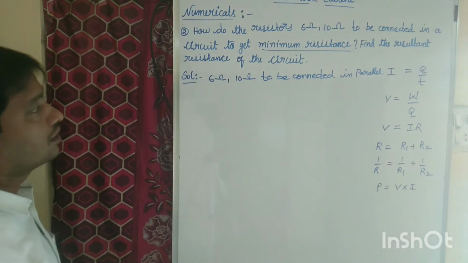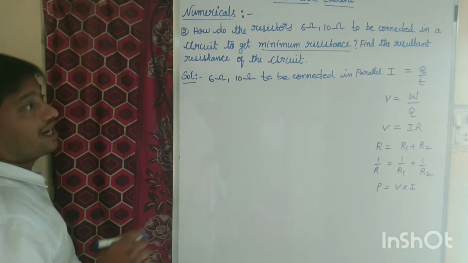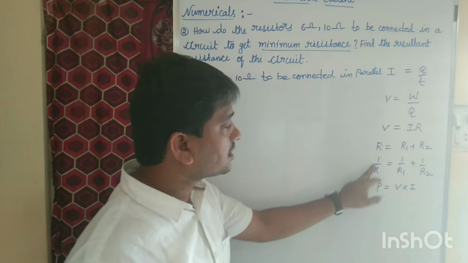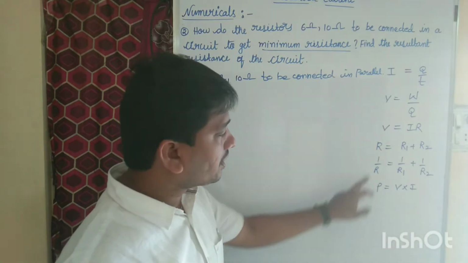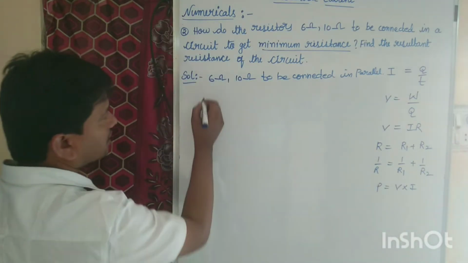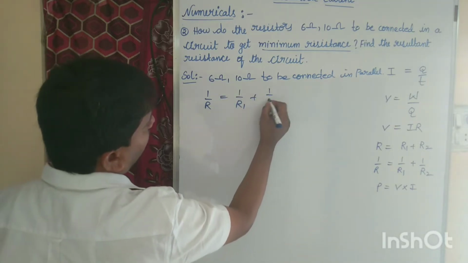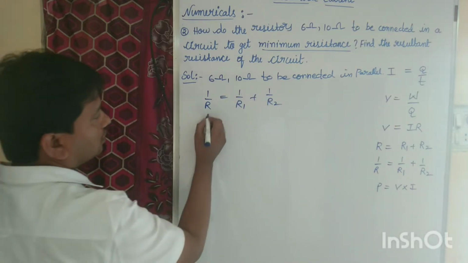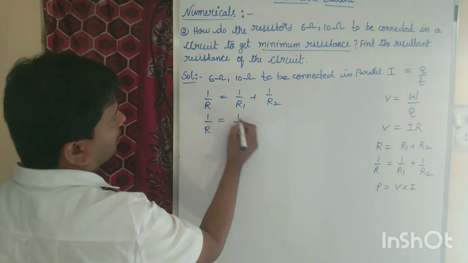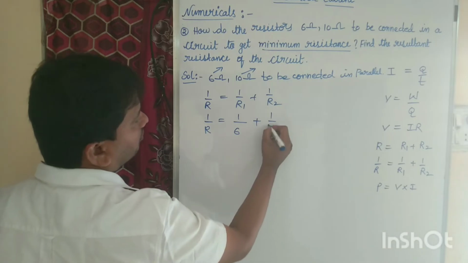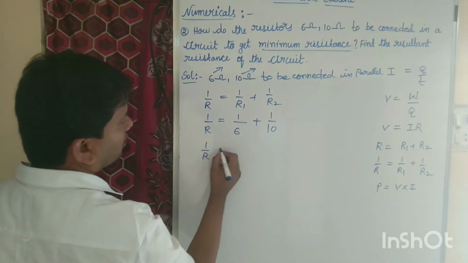Right? Now also they are asking to find the resultant resistance of the circuit. When we connect the resistors in parallel, what is the effective resistance formula? As effective resistance, 1 by R is equal to 1 by R1 plus 1 by R2. So 1 by R is equal to 1 by, this is our R1 6 ohms and this is our R2 10 ohms. So 1 by R equal to,